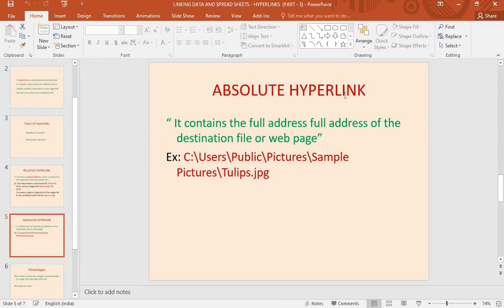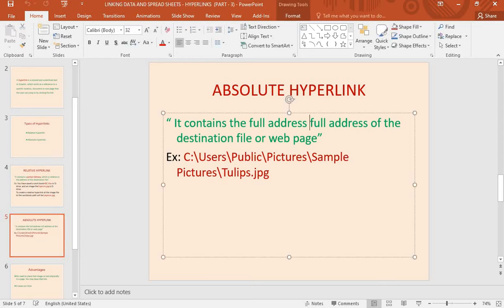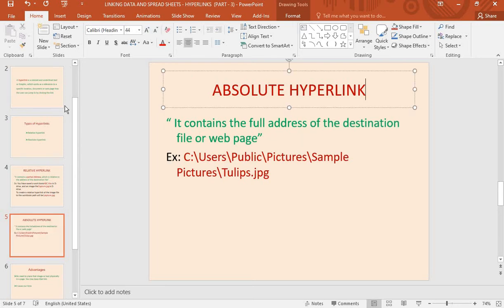Another one is absolute hyperlink. Second one is absolute hyperlink. It contains the full address of the destination file, the full address of the destination file or web page. Okay.